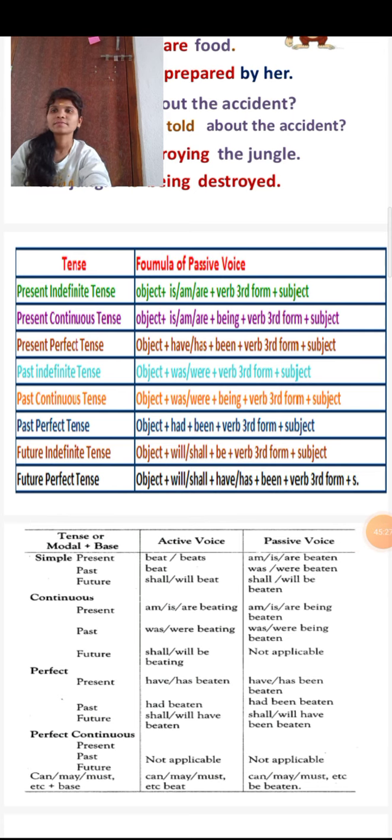When do we use passive voice? Before explaining all these rules and transforming sentences with examples of the tenses, I will inform you about the structure of passive and active voice: the receiver and the doer, and the main object of the verb. So when do we use passive voice? The answer is: passive voice is used when the doer of the action is not known and the focus of the sentence is on the action and not the subject. So this is the answer for when we use passive voice.